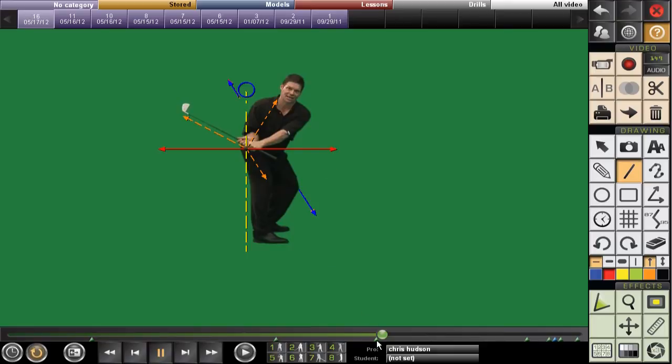But you'll also notice here as we go up one more, this line coming down from here, I'll put it in blue for us, as we come down like this, it's going to peg right on the 60-degree line as well, which is letting us know that our club is on plane. And the unique part about it, once you start to really understand why it's so important to maintain the 90-degree angle relationship between the upper part of the torso and the lower body, being from the hip to the kneecap,